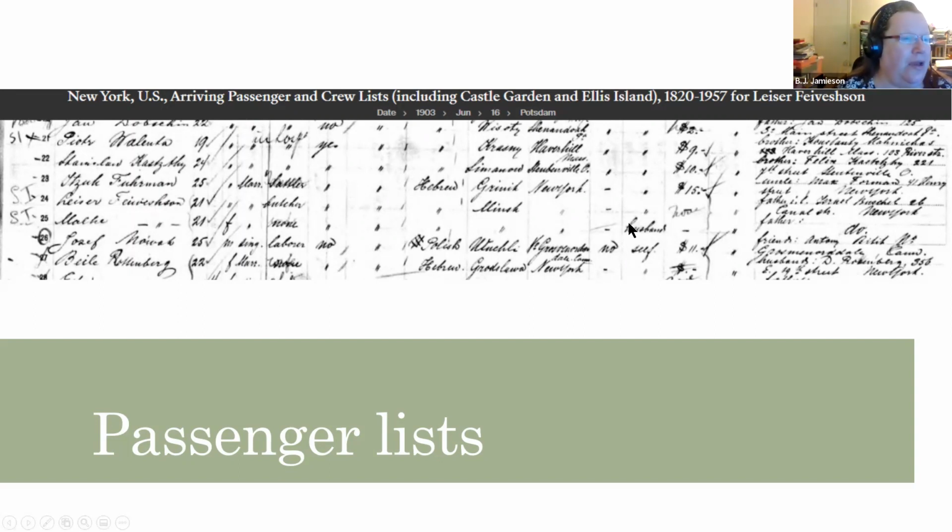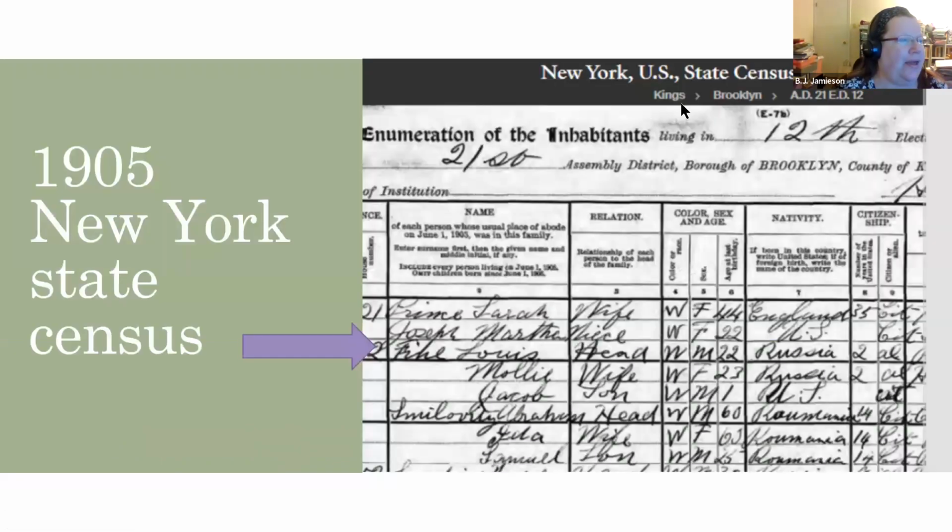Several of their children's records list their mother as Molly Bush. And what's interesting here is they are going to Laser's father-in-law and Malka's father, Israel Bushell, and it gives the address. And needless to say, I've gone down a big rabbit hole trying to figure out who he is. But here they are coming into Ellis Island in June of 1903, and by